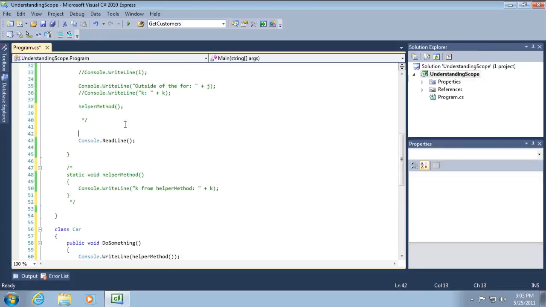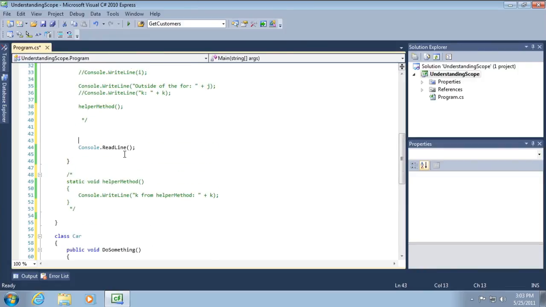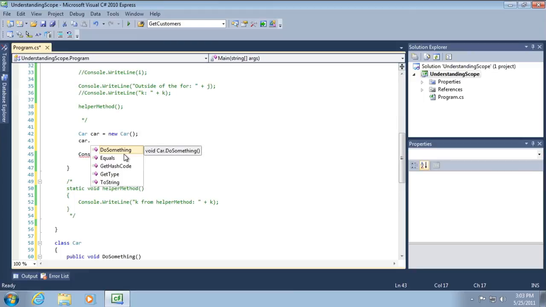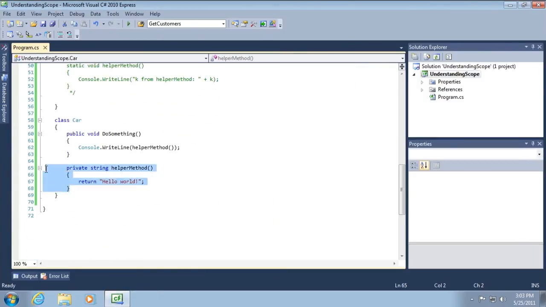And then what we'll do here is we'll create car equals new Car, dot, and you can see that in IntelliSense all I see is the public DoSomething, capital D, we'll come back to that in just a moment, but we don't see the private helper method, okay? And yet it'll still run